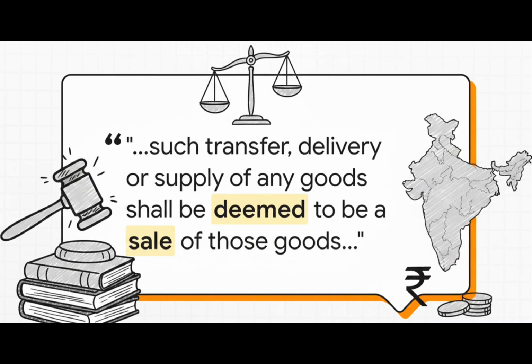I just love this phrase from the text definition, "shall be deemed to be a sale." It sounds so simple, but it's incredibly powerful. The Constitution is literally saying, look, for legal purposes, we are officially calling this action a sale, even if it doesn't look like a traditional one. That right there is the power of the fine print. It creates legal certainty where there would otherwise just be chaos.